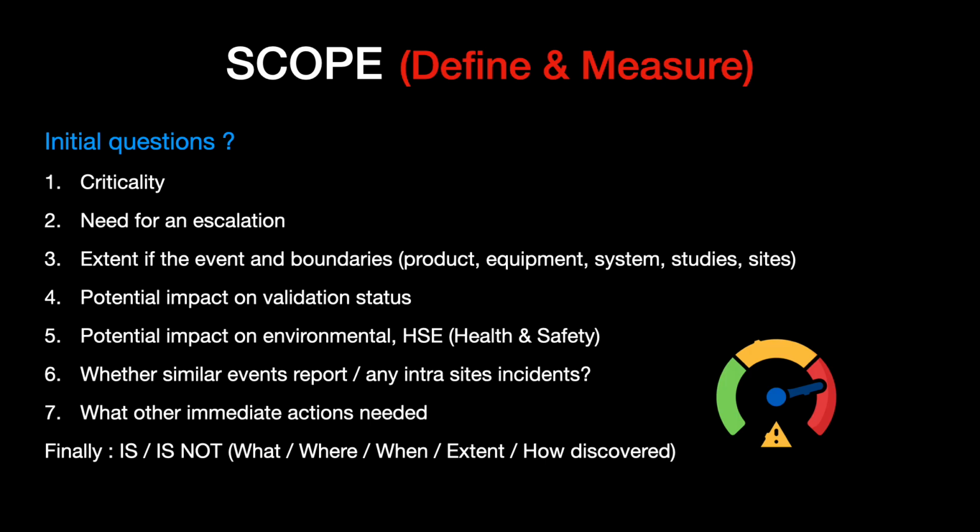And finally, something which needs to be seen is whether any similar event was reported before. Let's say in a very wide and big organization where they follow a similar process in different places, has any problem happened in other sites, or has a similar event been reported? That question will help you solve all these things. And what other immediate action is needed? You try to answer all these initial questions,